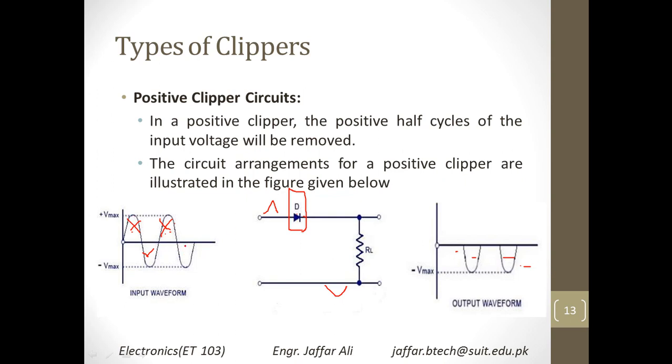The negative, you see that, let's say this is first, this is second, this is third, and this is fourth. So you are getting 1 and 3, and you have successfully eliminated the 2 and 4.